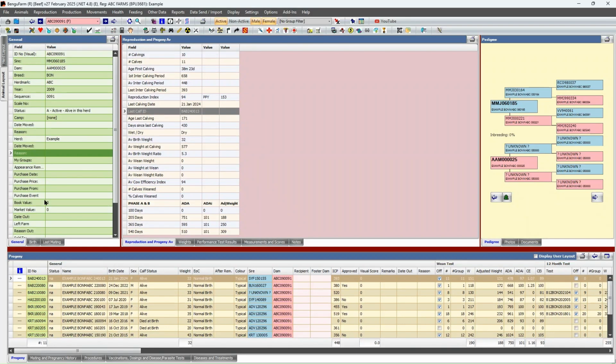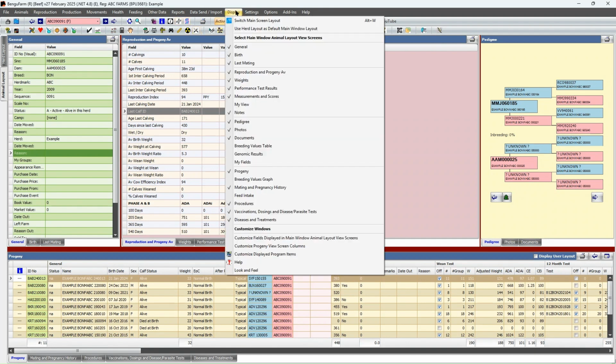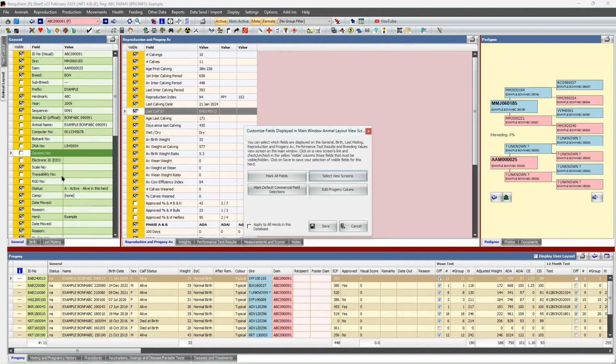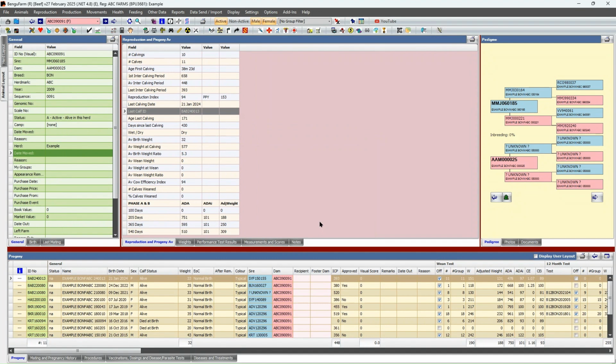So the fields that I deselected aren't visible anymore. So you will see you can focus only on the data that you want to see, and all the other data that you're not interested in, you can switch off, either the sub windows or the individual fields. If you want any of them back, you'll just go back to display again and customize the display fields and say, okay, I do genomic testing now. I want that field again to be visible on my main screen, and you'll save your changes.